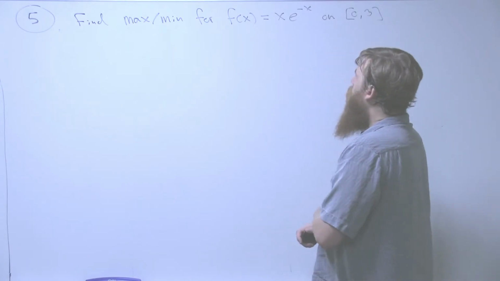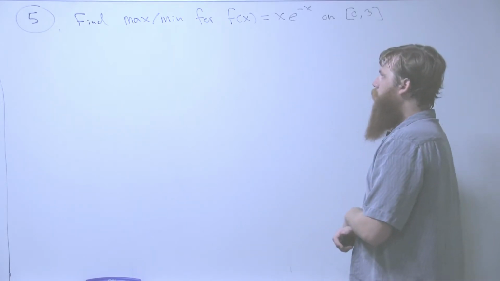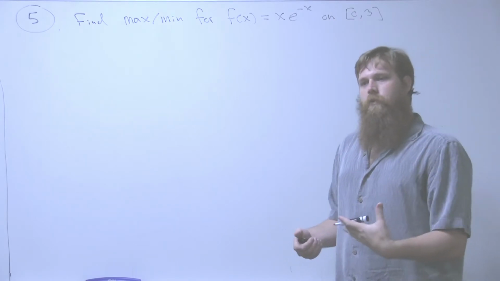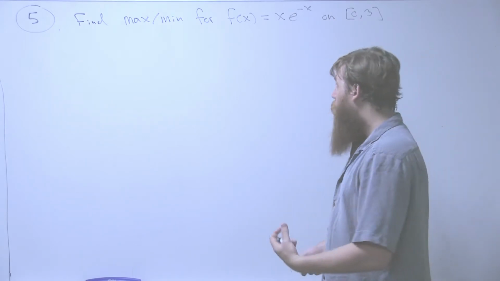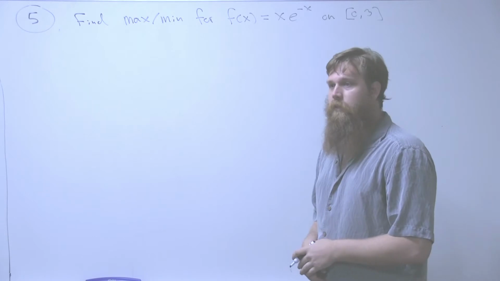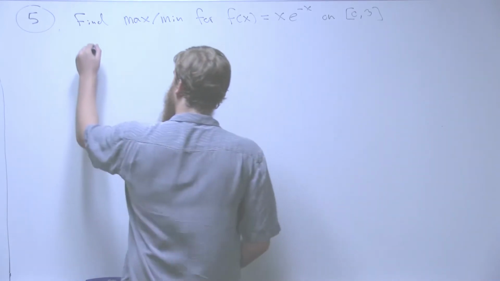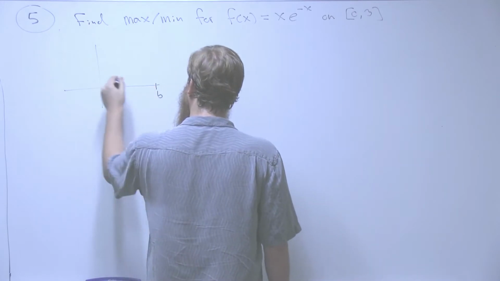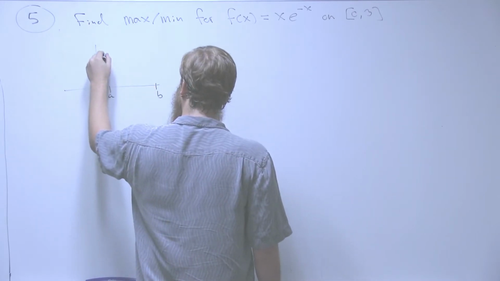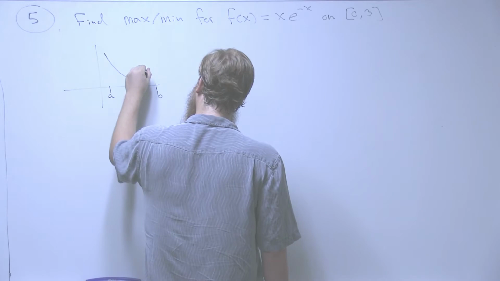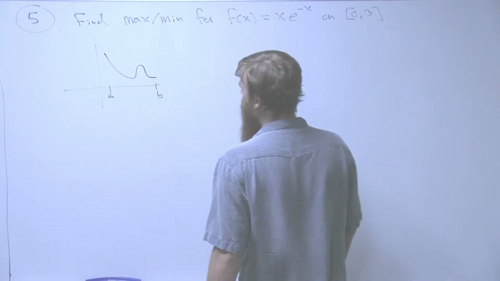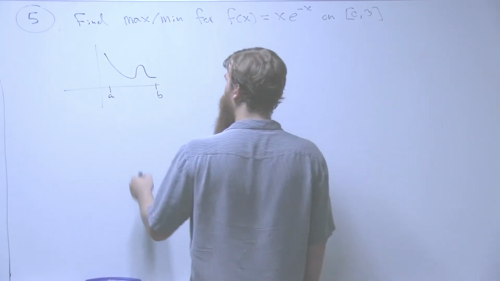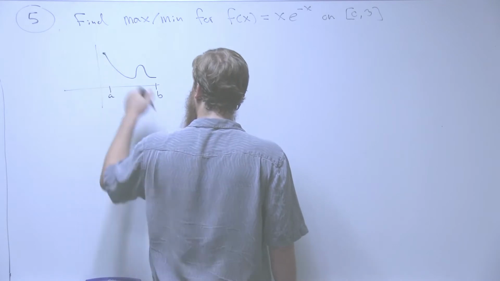Okay? We know that the absolute extrema can either come from local extrema on the internal part of the interval, or from the value of the function at the endpoints, right? And let's just look at a quick picture to see how that might be the case. If I'm on the interval a, b, and I look at some function, maybe like this,